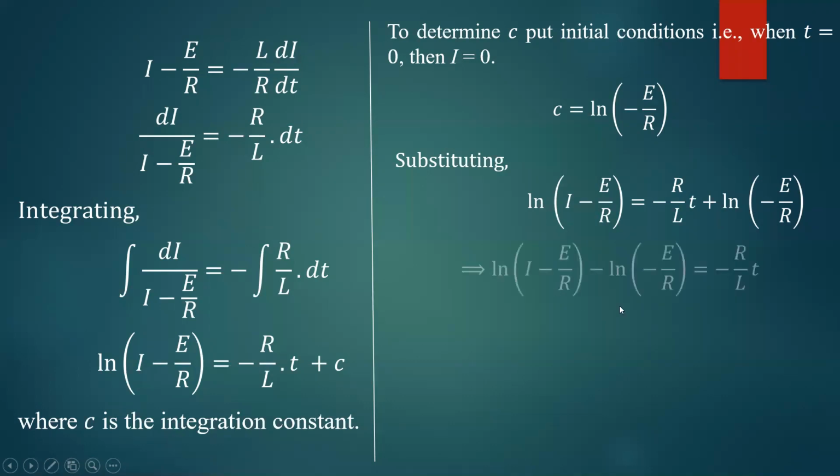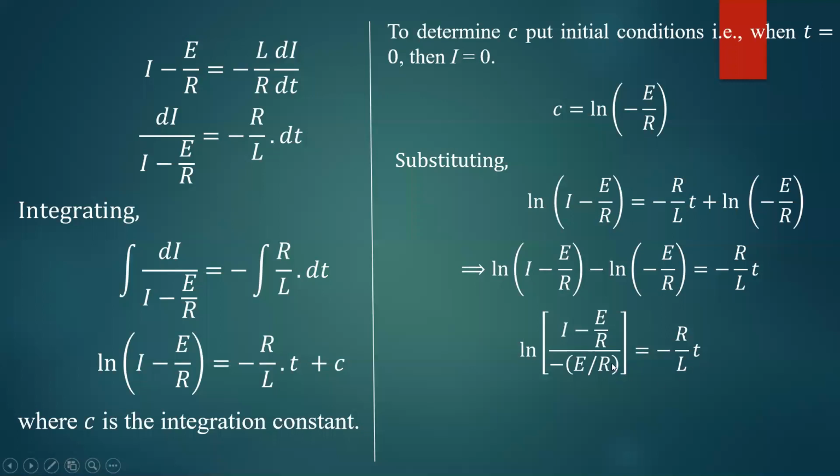Take this term to the other side. So you will get ln of (I minus E by R) minus ln of (minus E by R) equal to minus R by L into t. I have taken this to this side. This is of the form ln of m minus ln of n, so that is given by ln of m by n. So solving, ln of (I minus E by R) divided by (minus E by R) is equal to minus R by